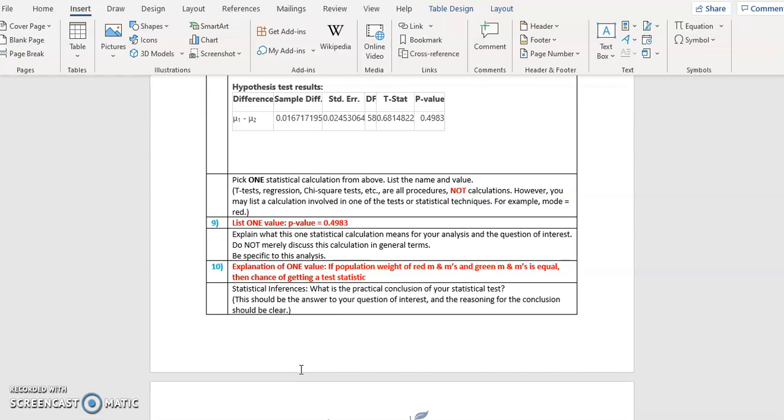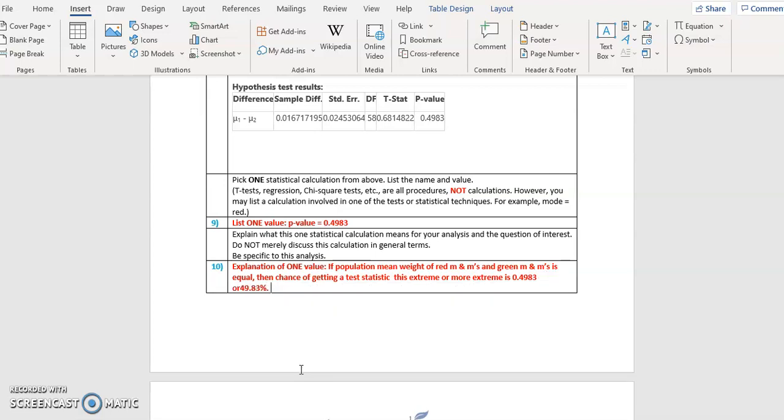Okay? So if these population means are equal, population mean weight, make sure you're very clear about your parameter. If the population mean weight of red M&Ms and green M&Ms is equal, then the chance of getting a test statistic this extreme or more extreme is 0.4983, or 49.83%. And I'm going to add